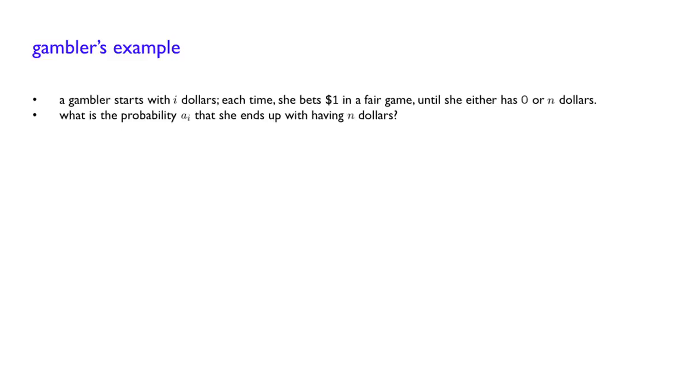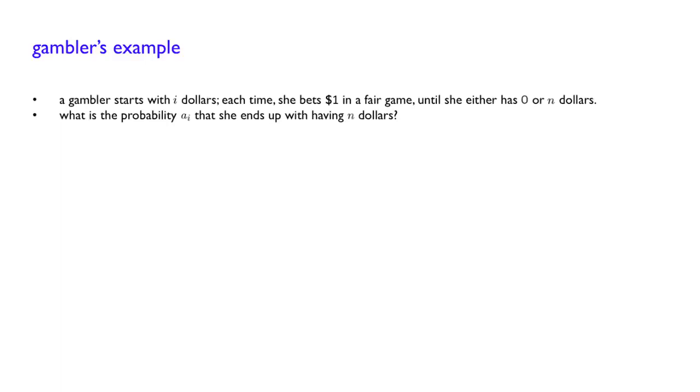Now, how to go about solving this problem? Can we think of a Markov chain representation for this problem? But in that case, what would be good choices for the definition of the states? Let us think. At any point in time, the only relevant information is the amount of money the gambler has available. How she got to that amount in the past is irrelevant.